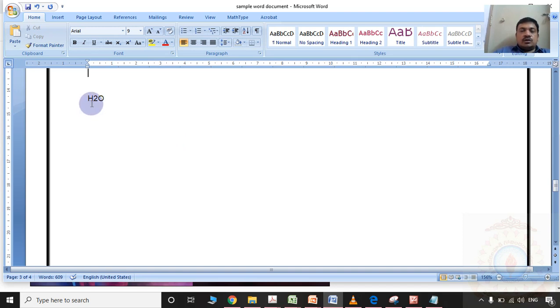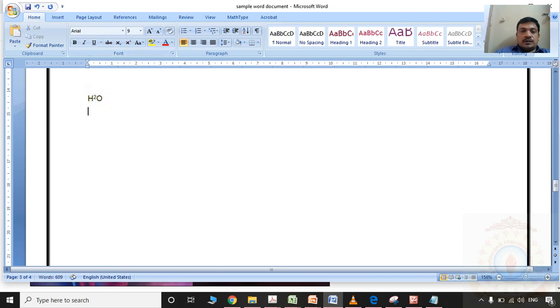Whenever you are dealing with subjects like maths or chemistry, sometimes you are supposed to use the superscript and subscript option. The H2O symbol you need to show. The 2 here we need to show as a subscript. Please observe here in the MS Word document, in the font option, those are available. If I click here, the 2 becomes a subscript. If I want to show the same 2 as a superscript, I need to click it here.